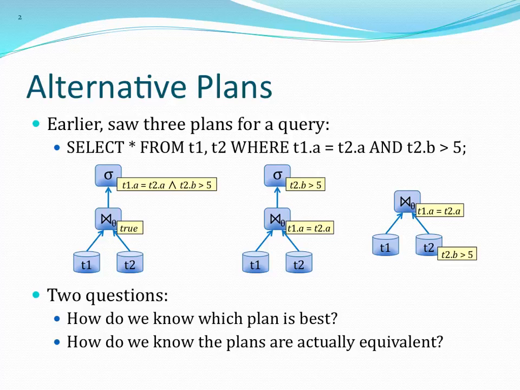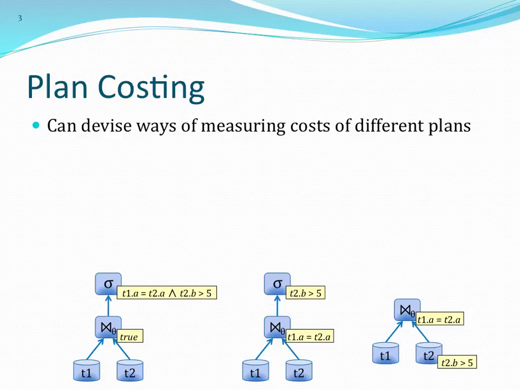We'll start with how do we know which plan is best? And the way that we talk about this is called costing. It's a simple way. There's other ways as well. We could use heuristics to say this plan is preferable to some other plan. For example, we might have a heuristic that we want to perform selections as early as possible, in which case the right plan would be the most preferable, the middle plan would be second most, no, that wouldn't be good at all. So basically the rightmost plan would be the most desirable